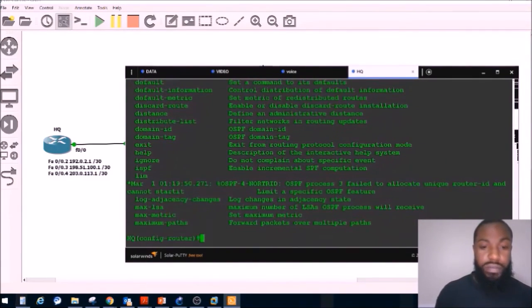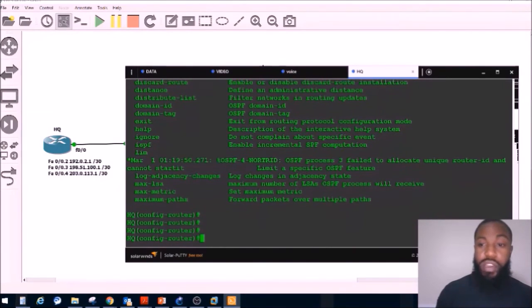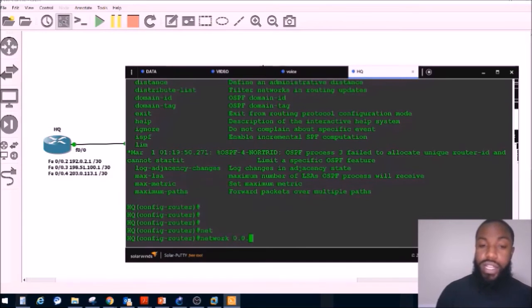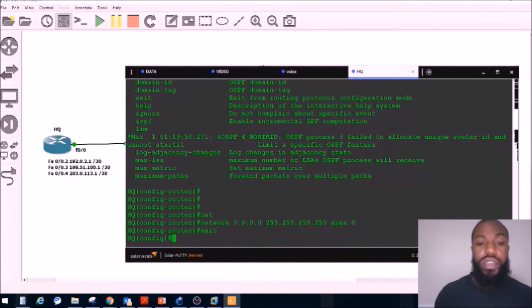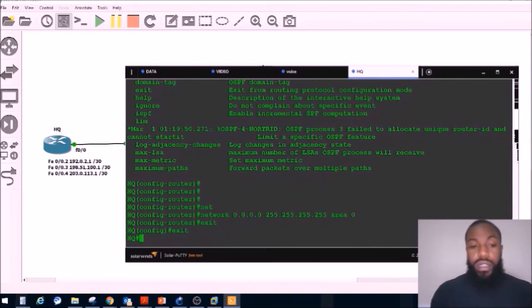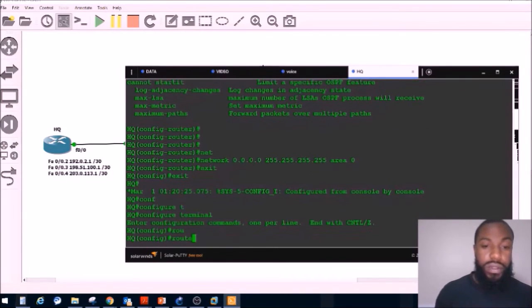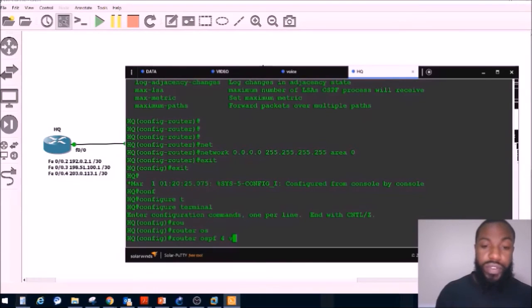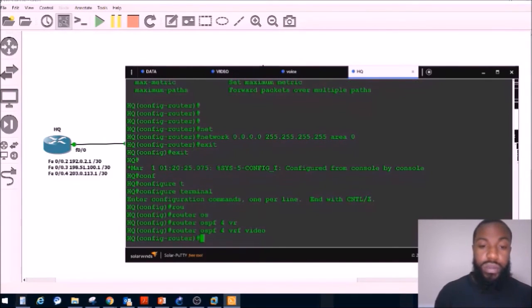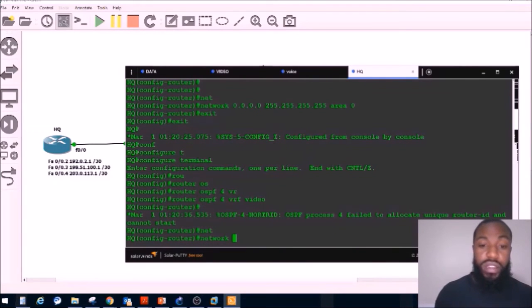Now that we've done that, the OSPF process failed again. Network 0.0.0.0. Remember, when we do this, you're just saying run OSPF on all these interfaces, 255.255.255.255 area 0. We're going to do the same thing on the last router, which I believe is the video router. Configure terminal, router OSPF 4 VRF video. We're going to do network. See, it failed again. We don't care, we're just going to move on. 255.255.255.255